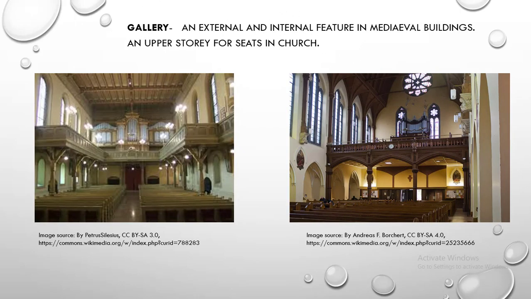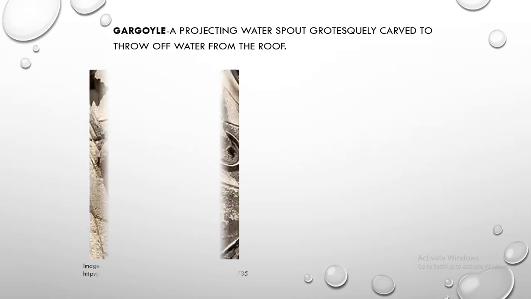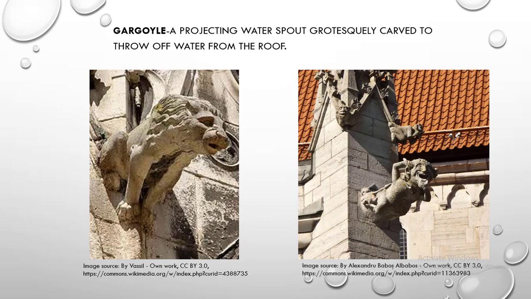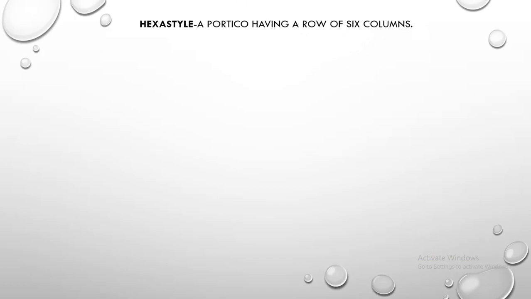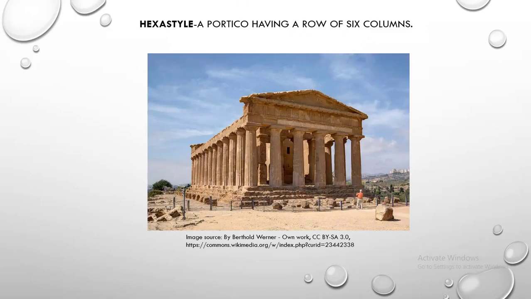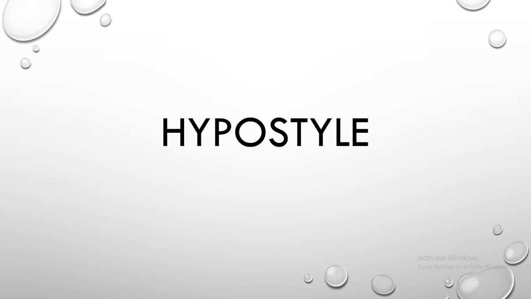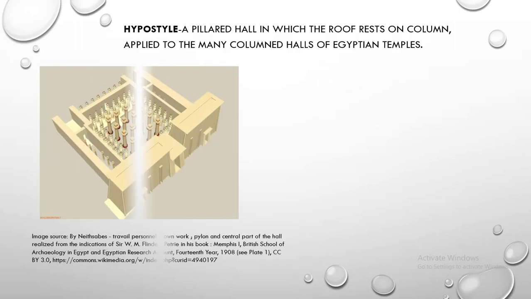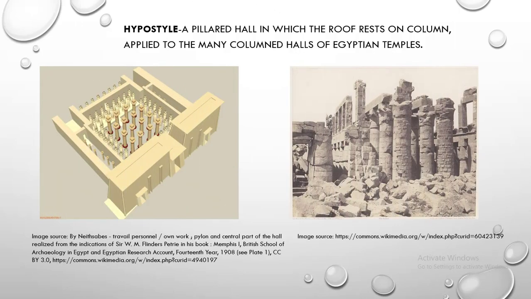Gallery. Gallery is an external and internal feature in medieval buildings. An upper story for seats in church. Gargoyle. Gargoyle is a projecting water spout grotesquely carved to throw off water from the roof. Hexastyle. Hexastyle is a portico having a row of 6 columns. Hypostyle. Hypostyle is a pillared hall in which the roof rests on column, applied to the many columned halls of